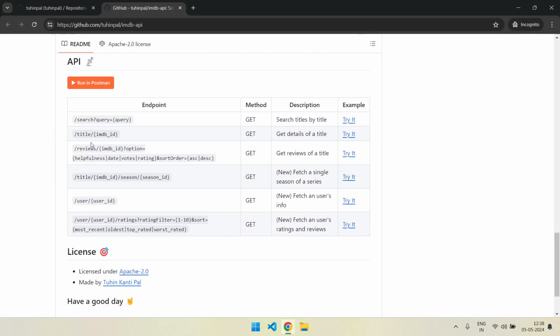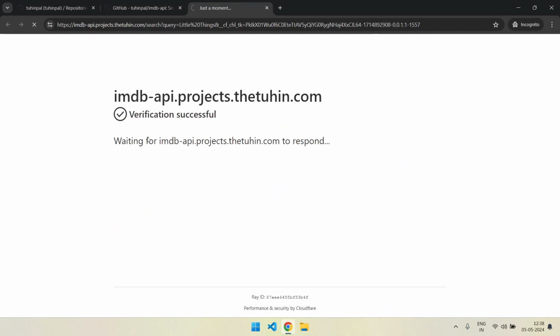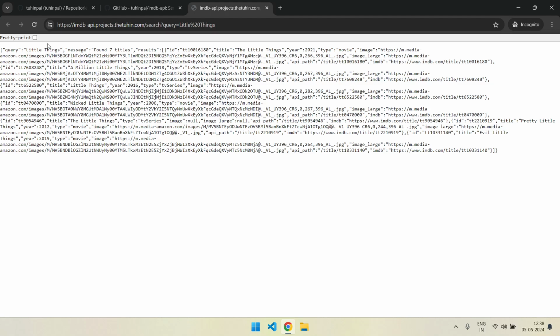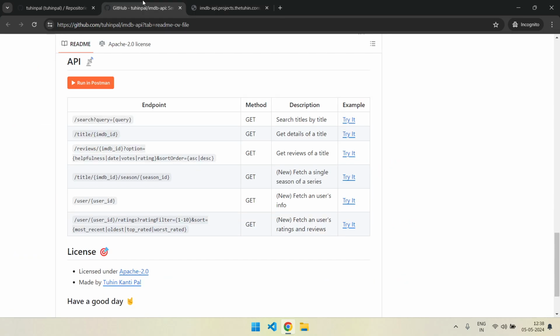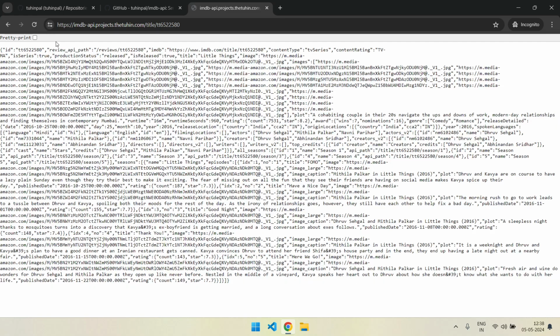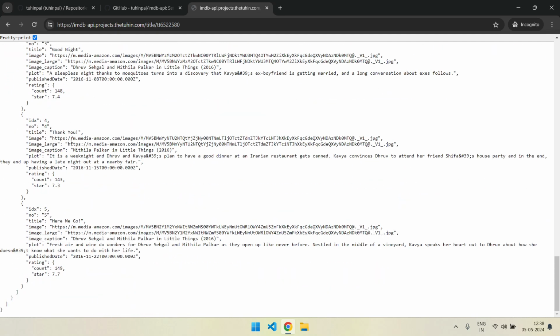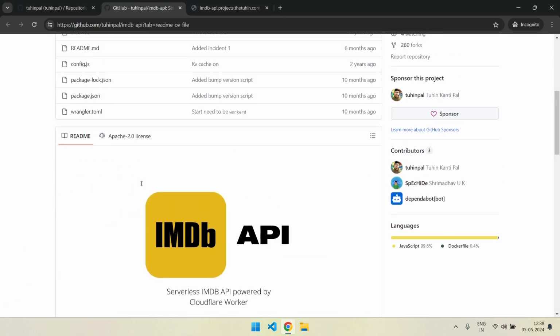It supports basically everything on IMDb, which is search, title, and so on. There is a lot of data, it supports almost everything in IMDb.